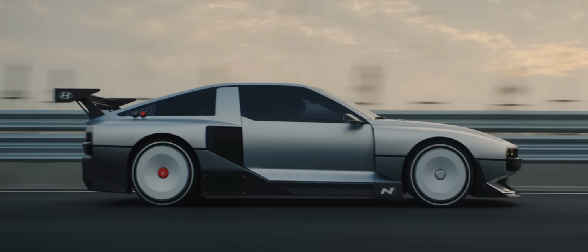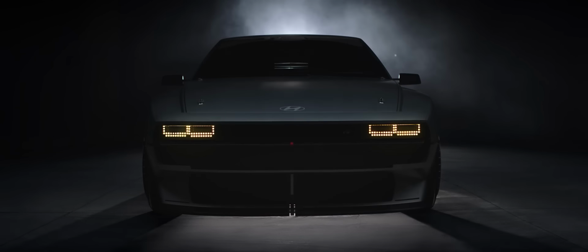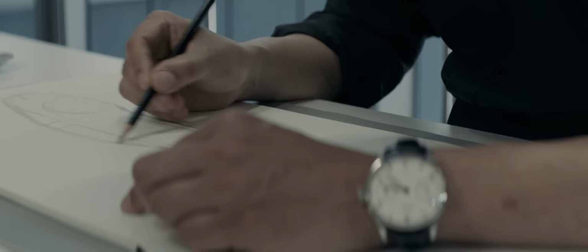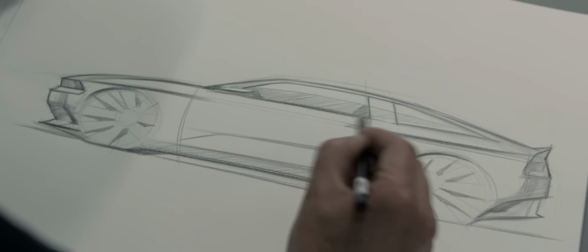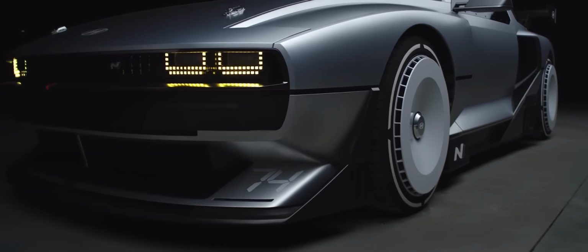Progressive and disruptive. The design of N Vision 74 pays an homage to the pony coupe concept from 1974. It wasn't just a styling exercise, but a prototype of Hyundai's first production sports car. Despite our ambition, it didn't reach production in the end, but that daring attitude set the tone for the entire company